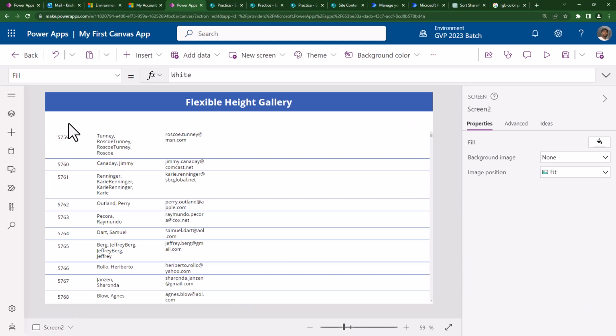Now there are two ways to create the heading for the gallery. One, I can create multiple labels for each and every column. Two, I can create a gallery with one label in it and spread across. Most of the times users will create multiple labels, but it is a bad practice. Another way is gallery with the label in it. The challenge with that is